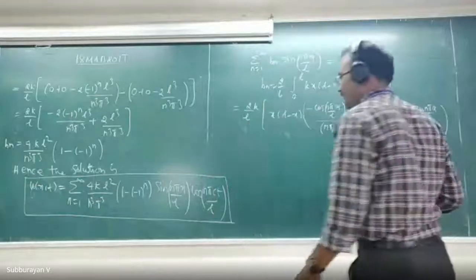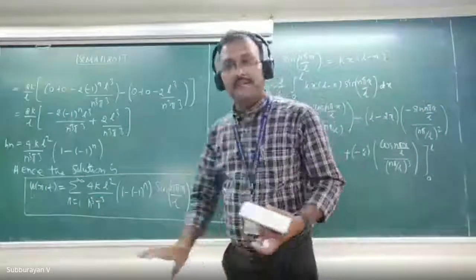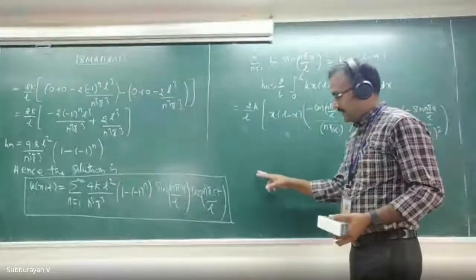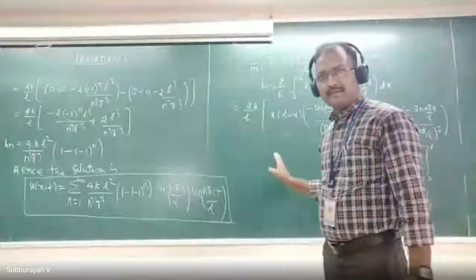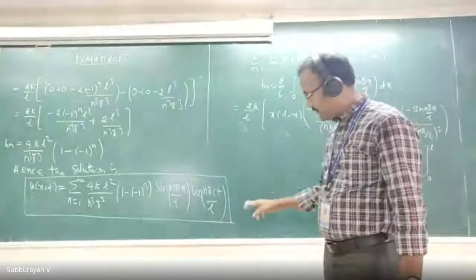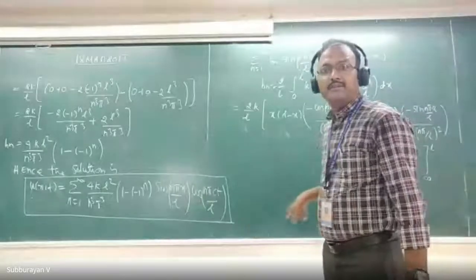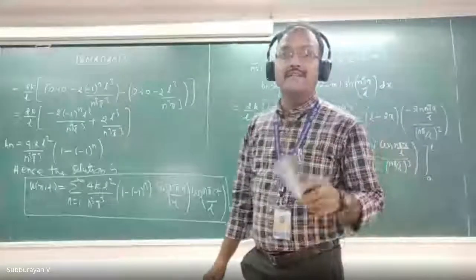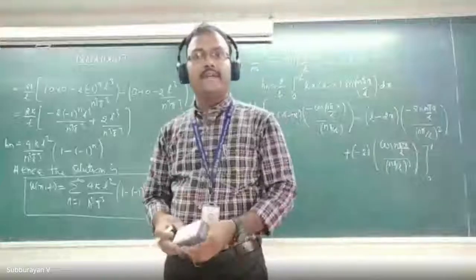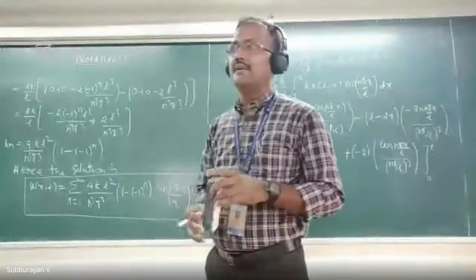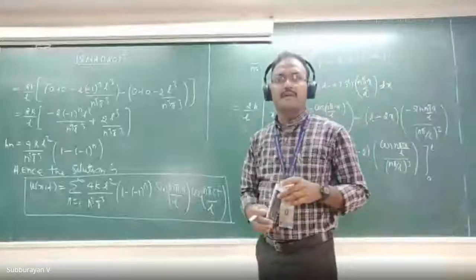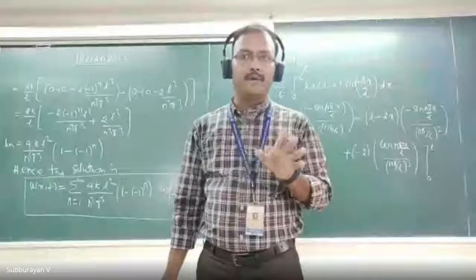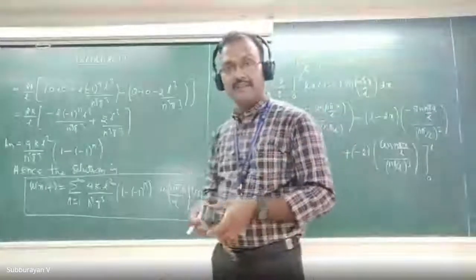Okay, in the mathematical formulation, u of 0 comma t is equal to 0 and u of L comma t equal to 0 and dou u by dou t equal to 0. Dou u by dou t equal to 0 means velocity equal to 0, initial velocity equal to 0. Therefore such a problem is called zero velocity problem. Sometimes you will get some non-zero velocity.